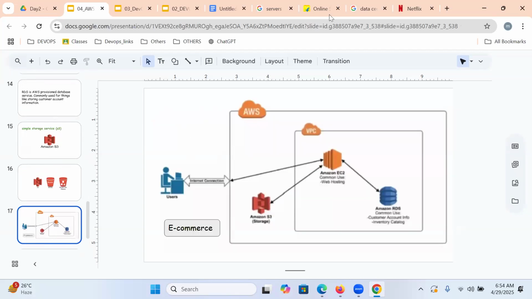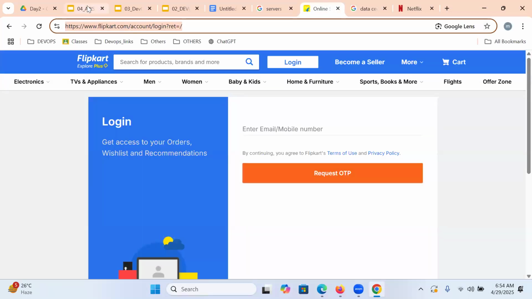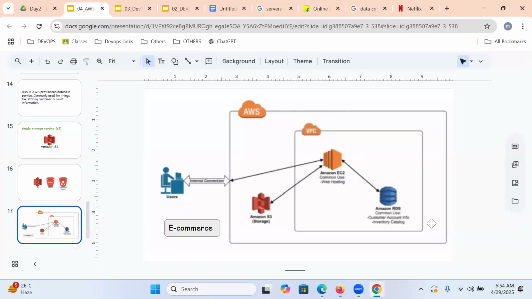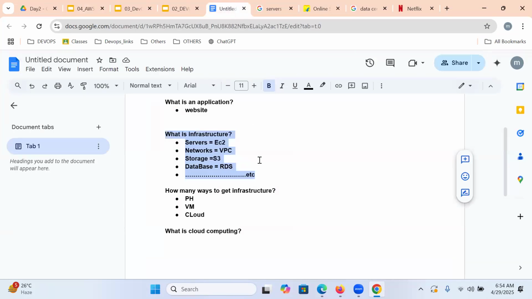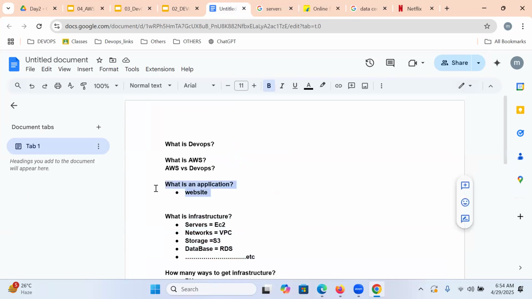So, for maintaining our applications, what kind of infrastructure we require, can we get it from the cloud or not? Yes. Is it clear what the cloud is? I hope you understand very clearly what the cloud is. Which cloud provider are we going to be learning? AWS is a cloud service provider. We will discuss which models and which services in the coming sessions. But I can't name all the services. 40 plus services I could write down here today. That's a waste of time, so don't worry. If you go to my course content, you can see it there itself.